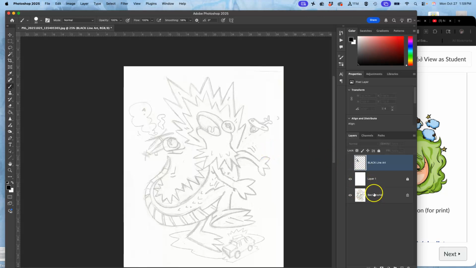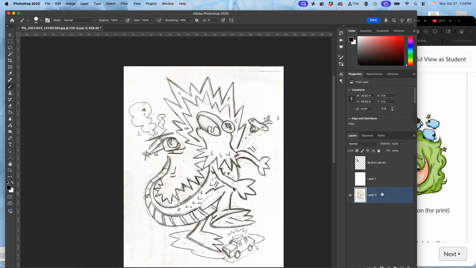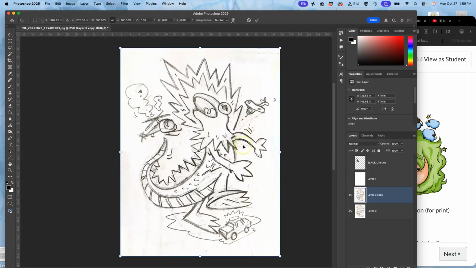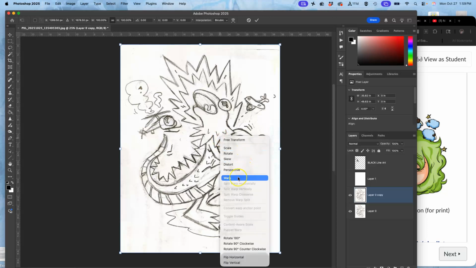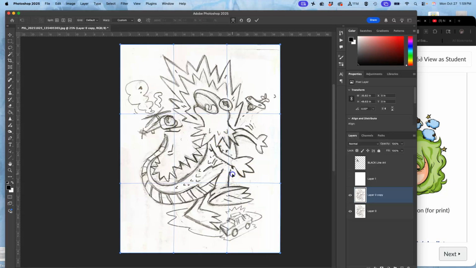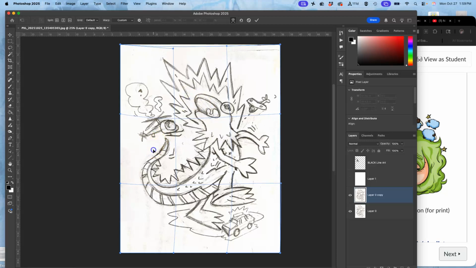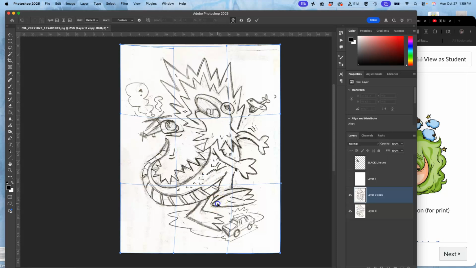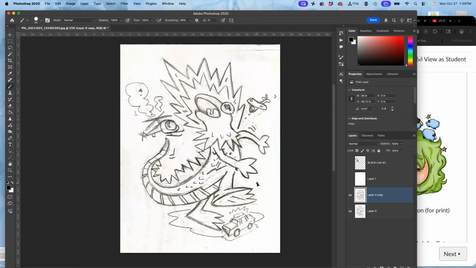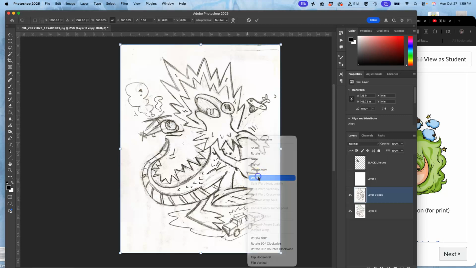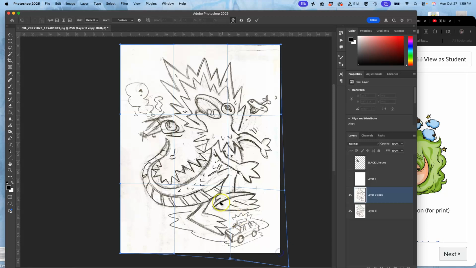So what can you do as soon as you bring your sketch in? I'm going to unlock these. What I would recommend is you duplicate your sketch and then you play with the warp tool. So Command T to free transform, right click inside the transform box, warp it, and then you can kind of push and pull your sketch and play with its proportions. Like I want this foot to be really big in the foreground. Like he's going to stomp on that patrol car. And so I can use warp to kind of make that foot bigger